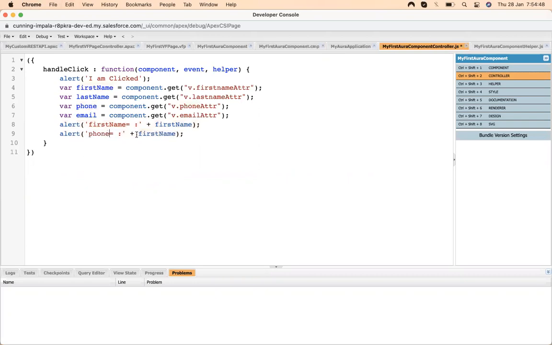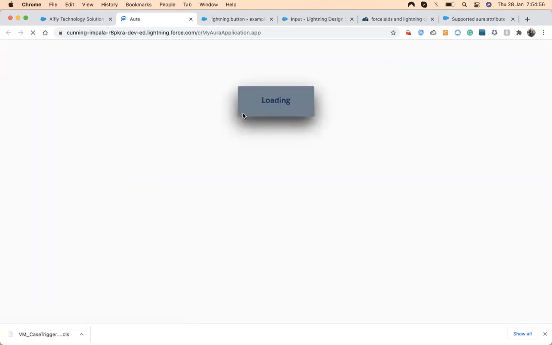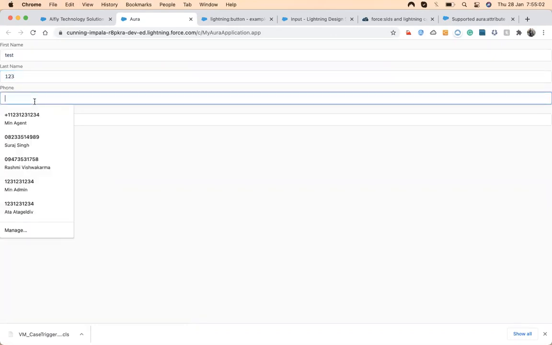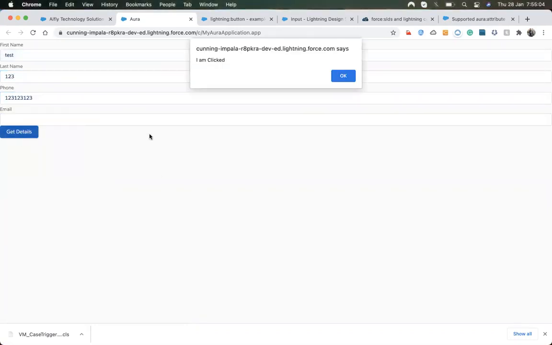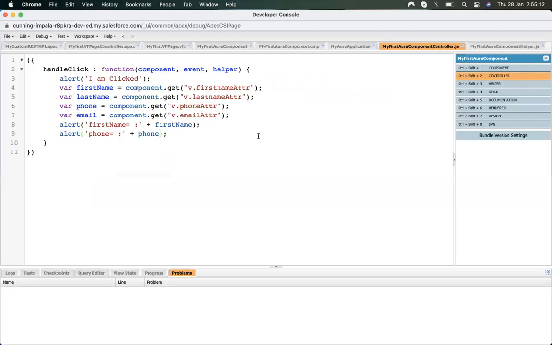Suppose I need to alert the phone, so I will just put phone and hit save and refresh it. And I click on get details, and it shows me all those field values. That means this is the way we capture the values inside JavaScript and display or use that value. So just like that, I'm using that value to alert the fields.